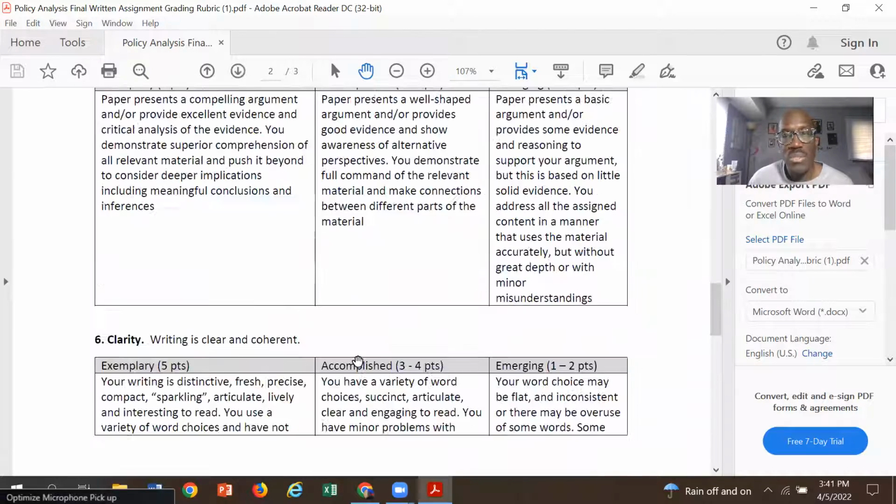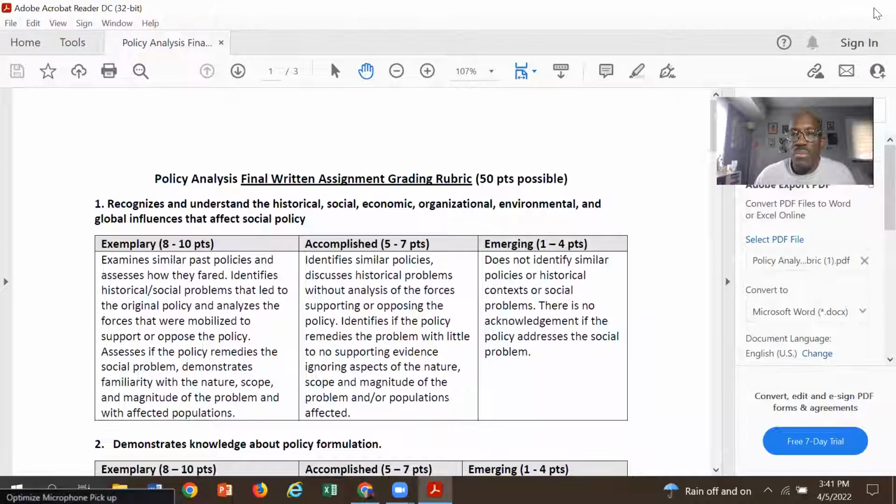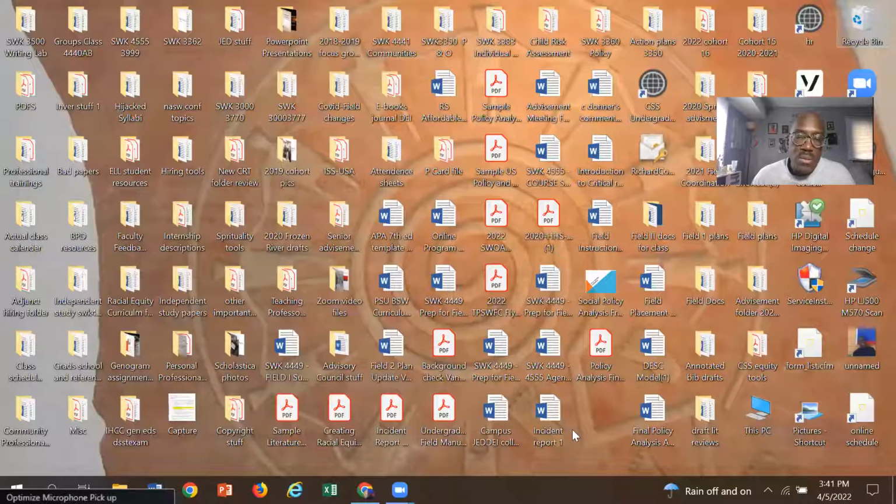So again, as you are putting together your paper, these are things you're going to want to pay attention to as you are finishing up. The instructions themselves are going to be important. Make sure that you hit the page lengths, and make sure that you proofread. I would suggest that you start on it early and maybe even send your draft up to the writing center so they can give you feedback about the particular paper.